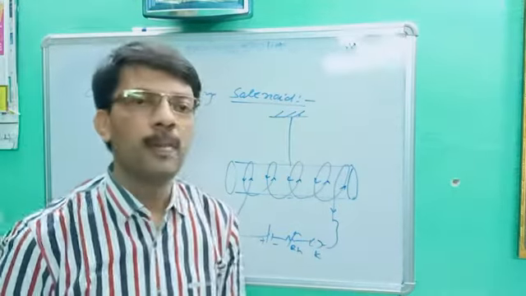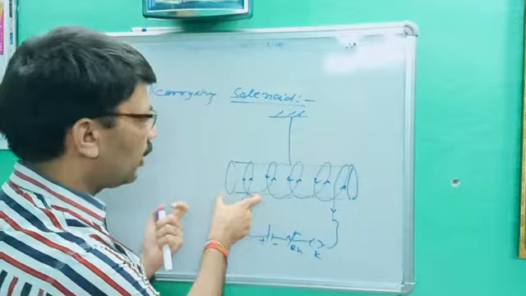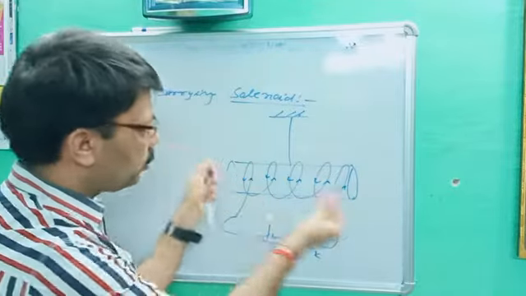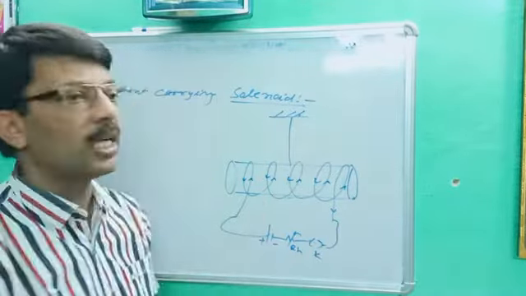Each loop behaves as a magnet. In the previous lecture I told you that a circular coil behaves as a magnet. So here a number of loops are there, which add up and magnetize the substrate. That's why it is called a solenoid. Now apply the right hand thumb rule.